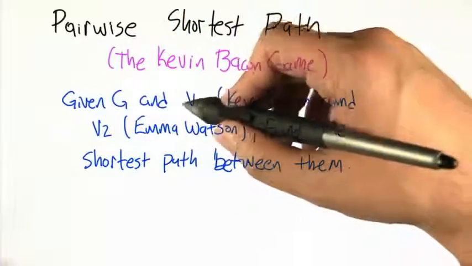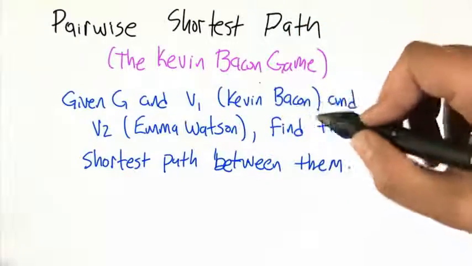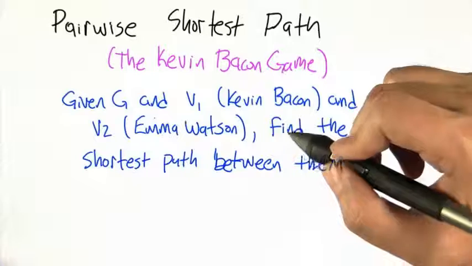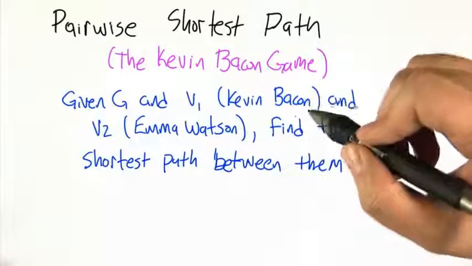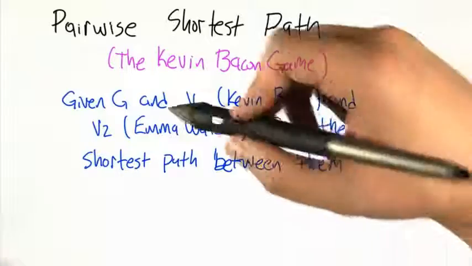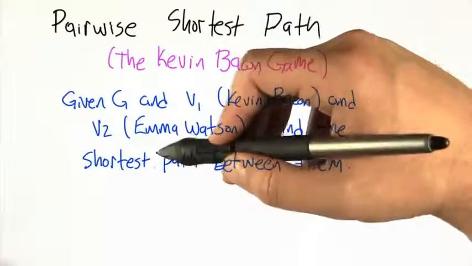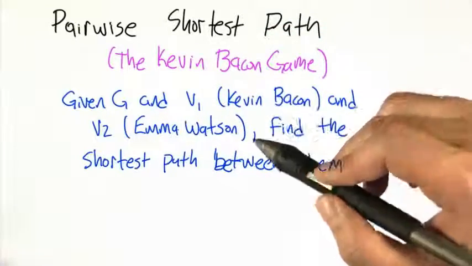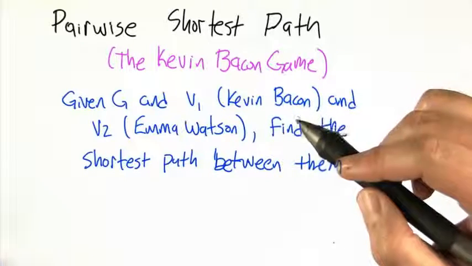I'm going to give you a graph, G, and some node in the graph, V1, call it Kevin Bacon, and some other node in the graph, let's say Emma Watson. And we're going to try to find the shortest path between them. In the movie version, the graph consists of the actors connected to each other if they were in a movie together. Now, Kevin Bacon and Emma Watson have not been in any movies together, but there is a short path